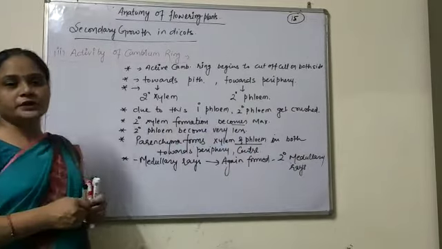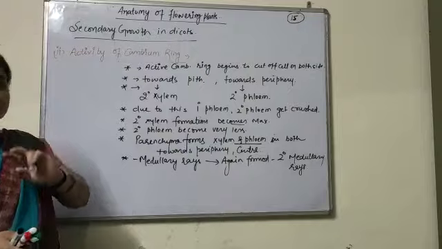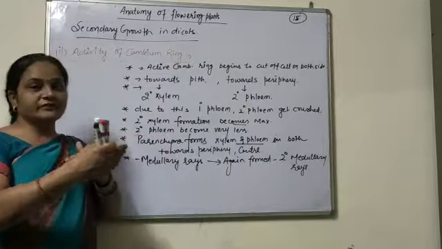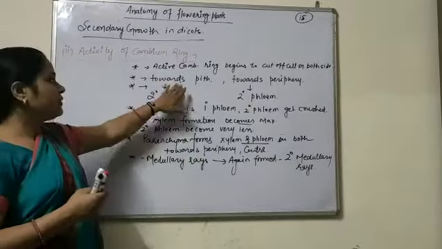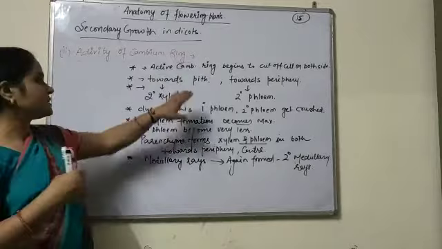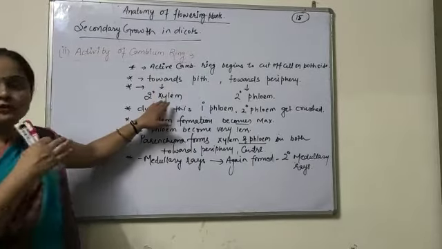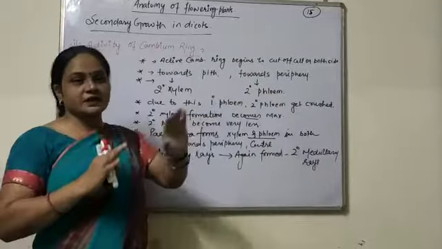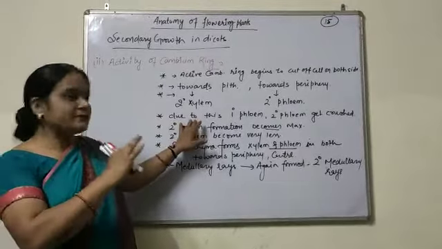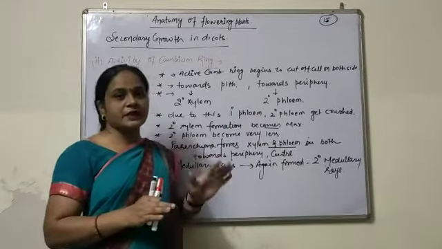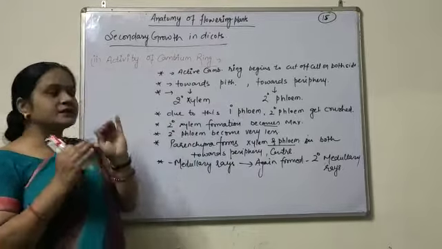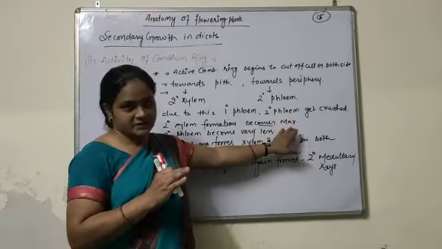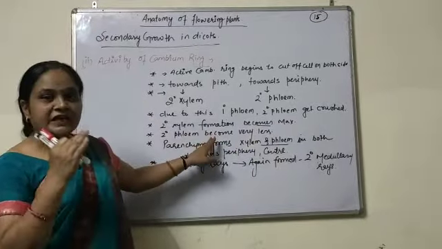So we can conclude that when the activity of the cambium ring starts, this active cambium begins to cut off cells towards the peripheral part as well as towards the center. When it cuts off cells towards the pith, the secondary xylem is formed, and when it cuts towards the peripheral part, it forms the secondary phloem. Due to this, primary xylem and primary phloem get crushed. Hence the amount of xylem formation becomes maximum, so the phloem is formed very little.